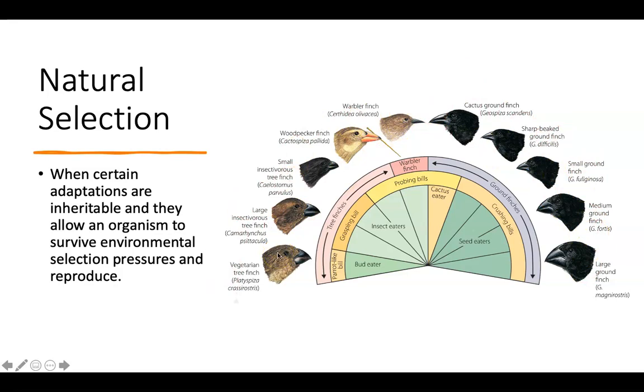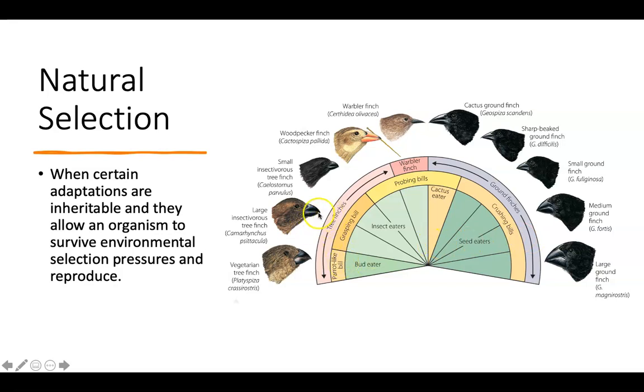And depending on the island they landed in, on the type of food sources that were available, they would have been naturally selected to have certain bill shapes and certain body shapes that helped them survive in the environment they found themselves in. So, for example, if it was an environment that had lots of seed around, then those birds with bigger bills that were able to crush those seeds were then more likely to be able to get the nutrition out of those seeds and therefore survive and, more importantly, pass on that trait to their offspring. So that eventually over time we ended up with a group of finches that had these bigger, stronger beaks.